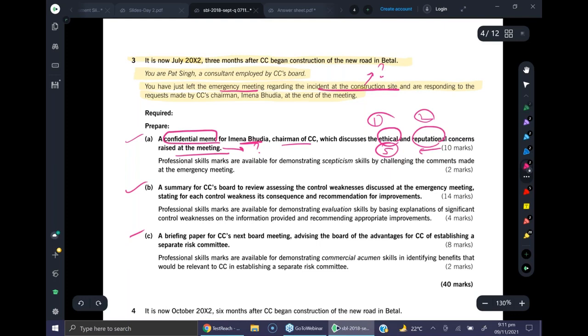Professional skills marks are available for skepticism by challenging the comments made at the meeting. So I will have to challenge the comments made at the meeting about ethical and reputational issues. Okay, I will do that later. But I know for sure that there is some material I'm going to get in the exhibit with the emergency meeting discussion. Requirement B is